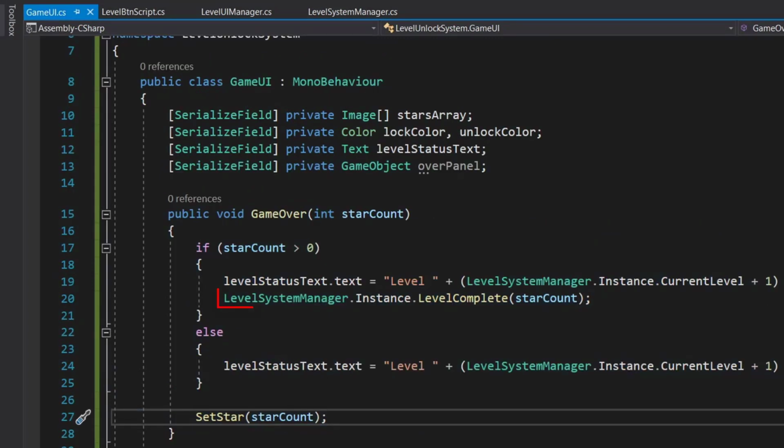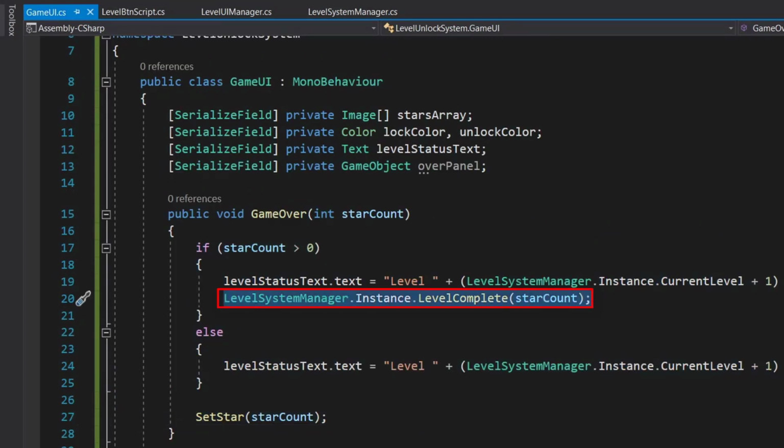So one thing guys, this is basically the method which you will be using in your game. So let's say you have completed your level, whether it is a quiz level or some time challenge level. So whatever your limits are, let's say if it is a time challenge level and you say in 10 seconds, if you complete the level you get 2 stars, in 5 seconds you get 3 stars, like that. So once the game is over, you call this level manager LevelComplete method, and you pass star collected. So this should be called only when the level is completed and not when the level is failed.